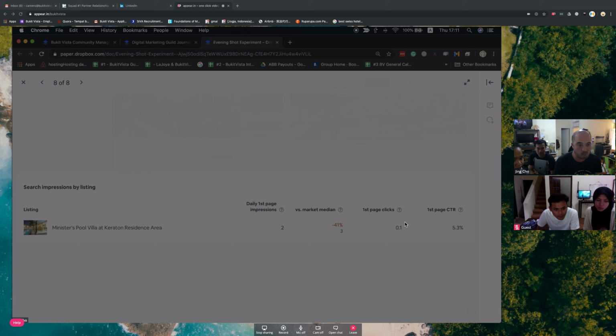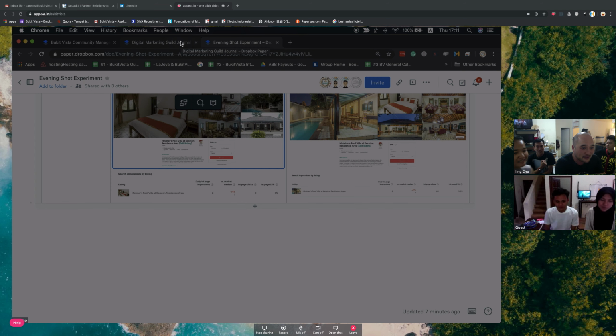Oh, good to know. Is that the new best practice for the producer? Yes, a new best practice: evening shots. Figured it out. Okay, fantastic. So an evening shot for Bingin Ombak. Can we do an evening shot of Bingin Ombak? A night drone shot showing a reflection on the water. Just do it!